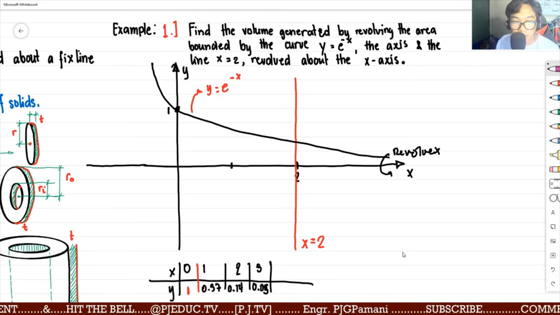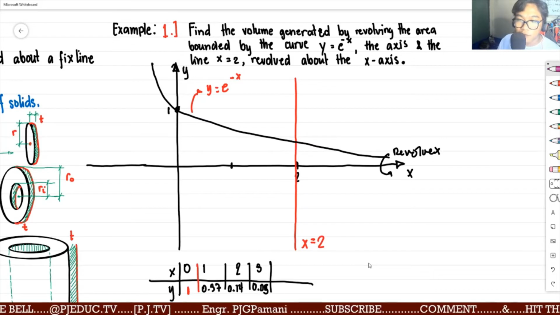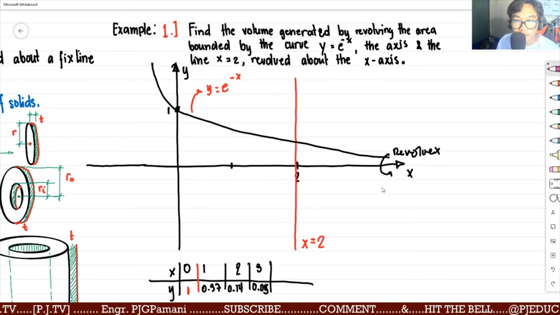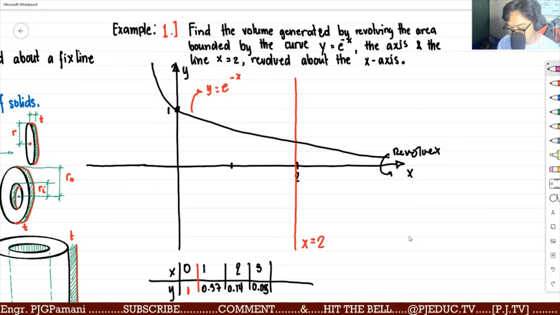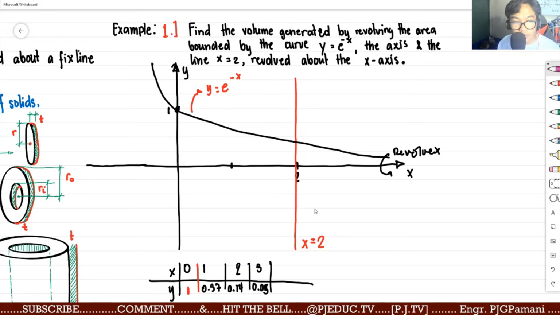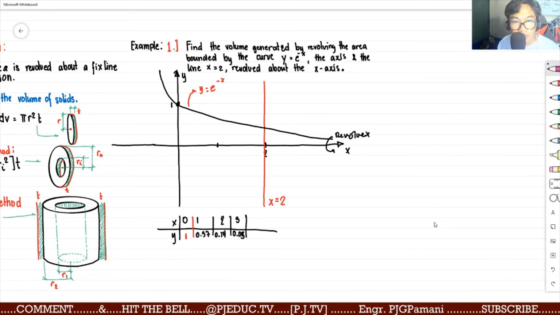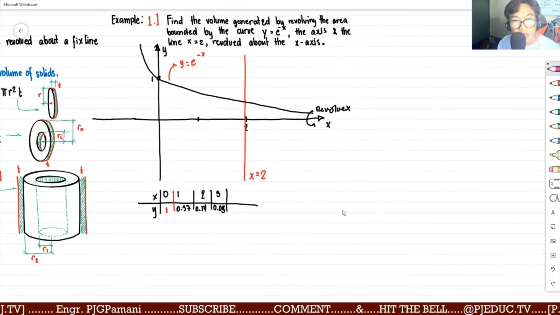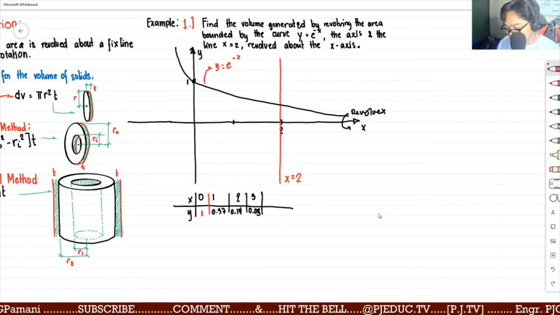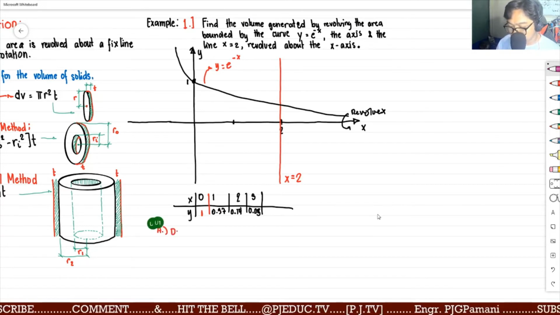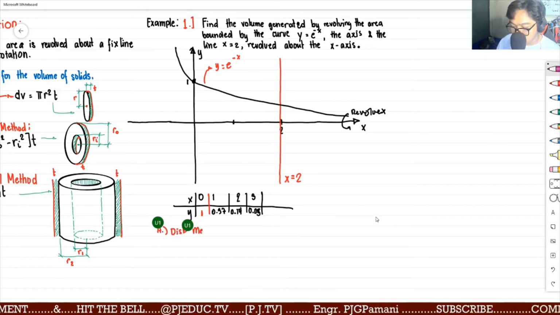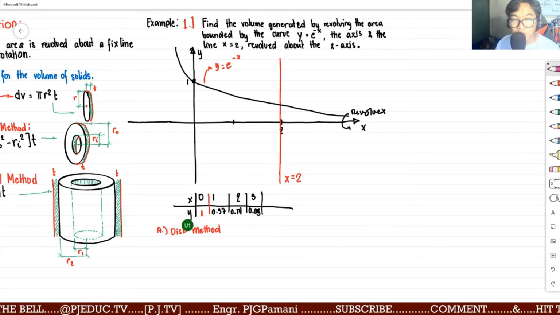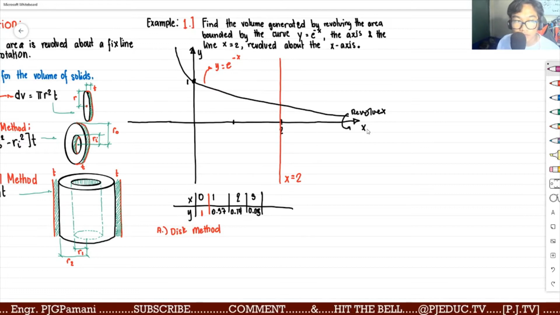So for the first equation, let us try to solve the volume at which this particular curve revolves at the x-axis. Considering the first method, ano yung first method na pwede natin gamitin? Yung pinakamadali muna. Let us try solving this problem using this method. So using this method, we need to identify the radius at which this particular curve will revolve at